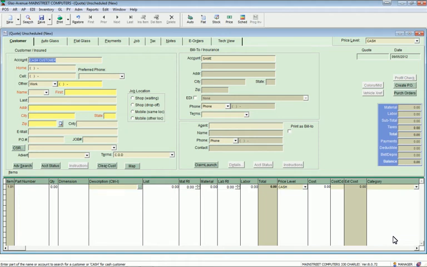Once you've set up your chart of accounts and your controlling accounts in the general ledger, in order to truly start using the general ledger, you're going to need to put in your opening balances. These would be the balances that you're starting out with in the Main Street software. You'll need to transfer those over from your existing accounting software,